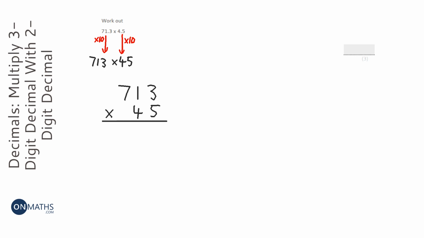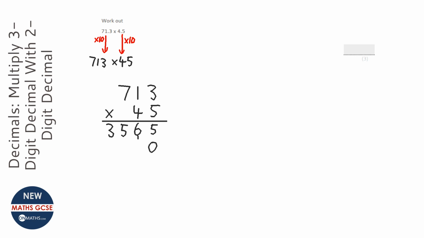Okay, so 5 times 3 is 15. Carry the 1. 5 times 1 is 5, add the 1 is 6. 5 times 7 is 35, so it'll be 35. Now the next thing we're doing is 40 times 3, so what we're going to do